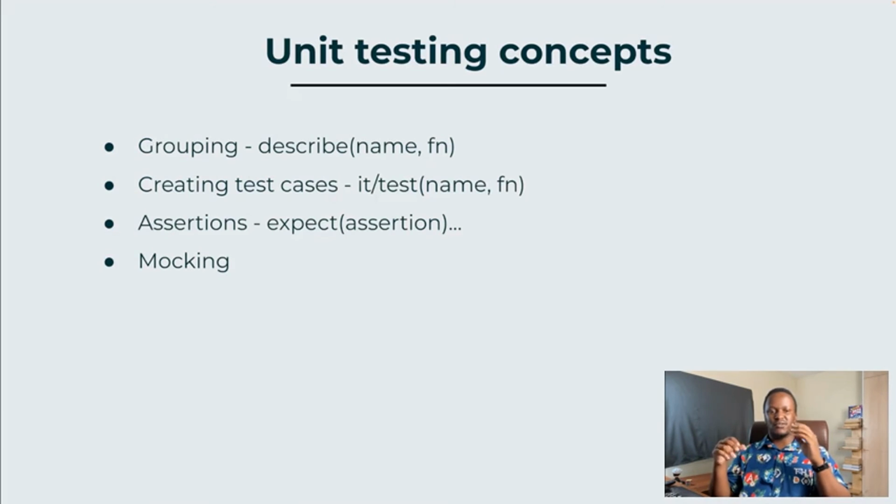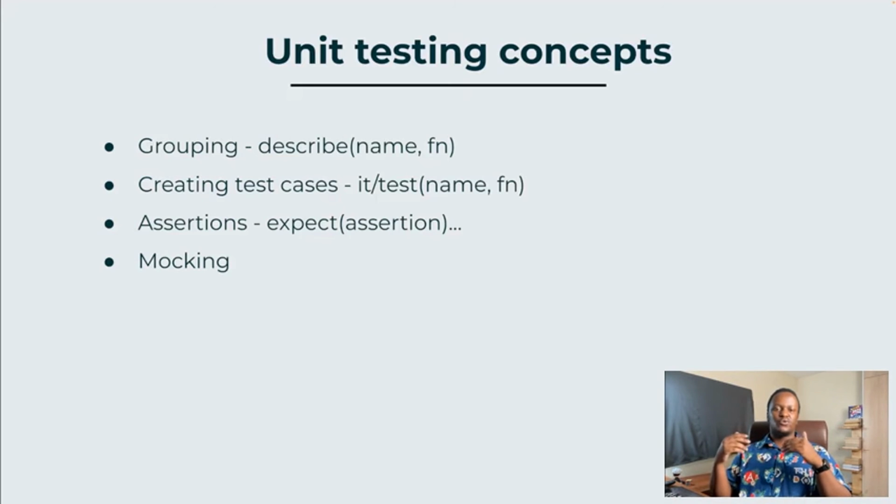And the first argument is going to be the description of what you're testing for. And the second argument is going to be a function that you can pass your assertions and test logic into. Again, we'll see this when we get to the demo section. Speaking of assertions,